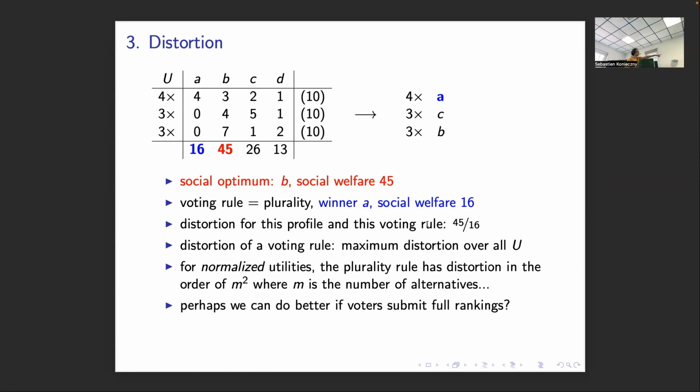Because I didn't say, but these distortions, they should be for normalized utilities. Otherwise, if utilities are not normalized, you get only a negative result, very negative results. Okay, so the first voter gives 1/5 to each, but maybe for x1 it's 1/5 plus epsilon. Okay, so this voter will choose x1.